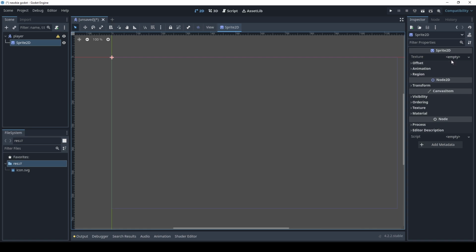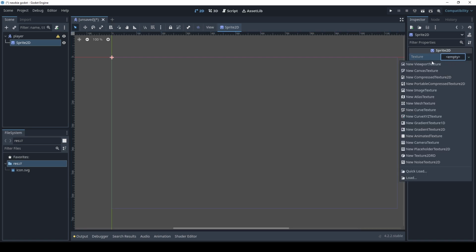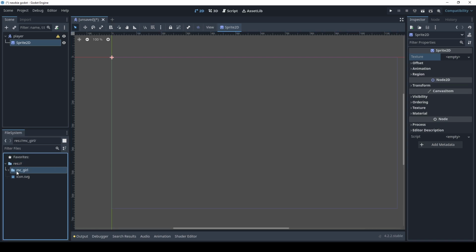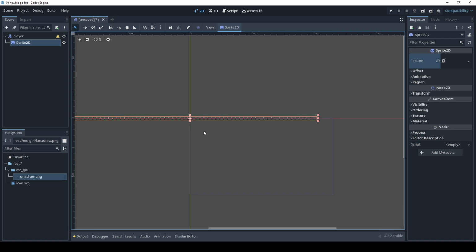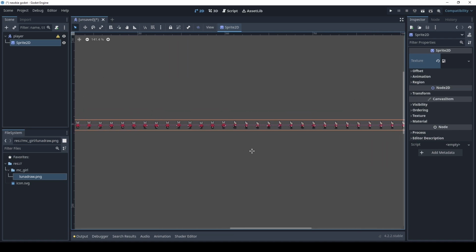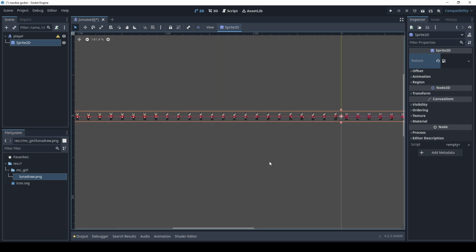See on the right side there's a texture here, this one. So just export the image you want to use to your Godot folder, and then drag it to the texture. You see that there are so many sprites here. Maybe if you are new to game making, for one movement you have a lot of frames. In my case here, one movement I have 8 frames.